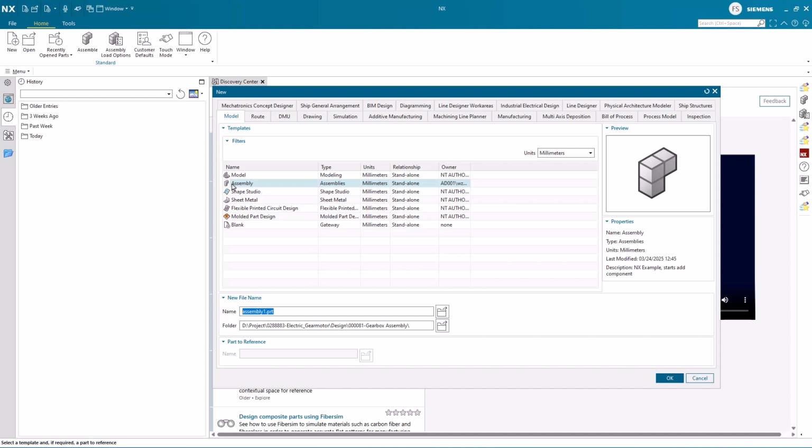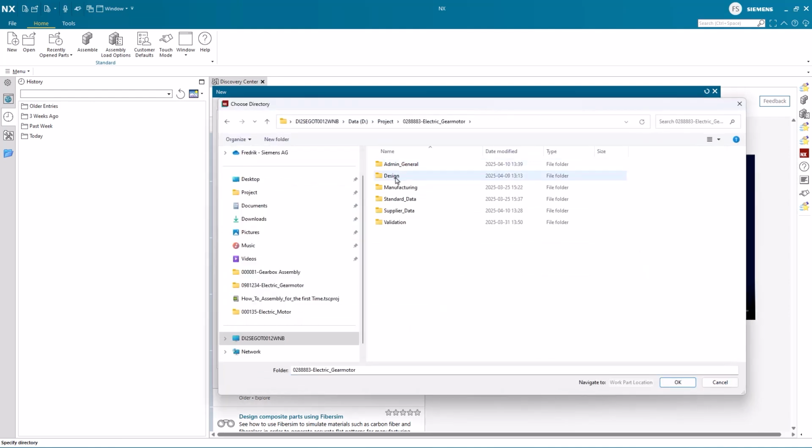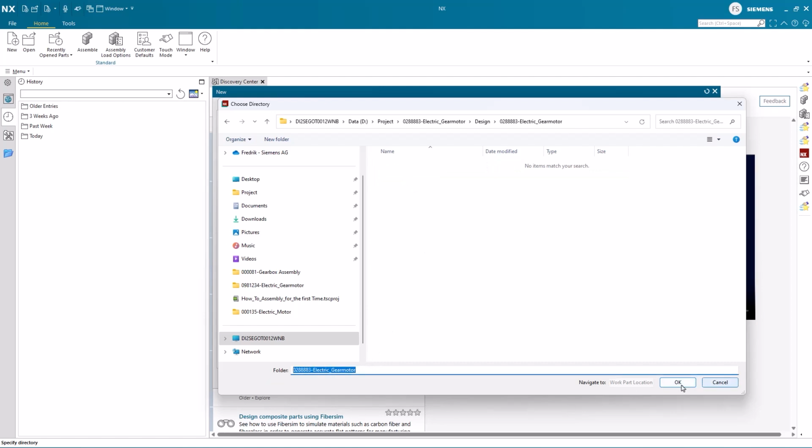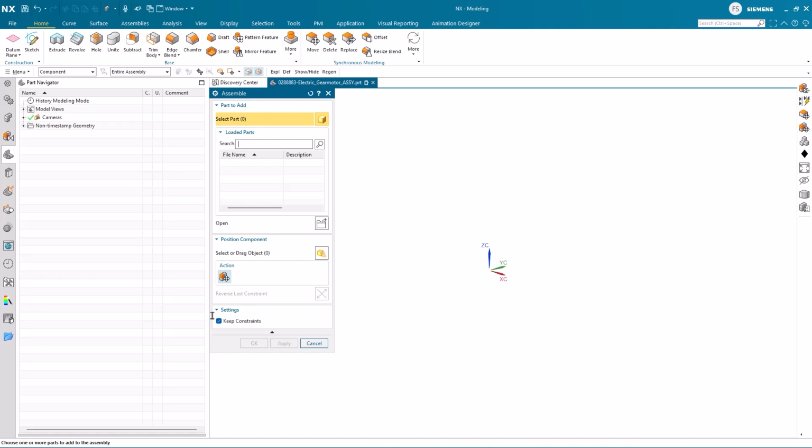We navigate to the specific folder where we want the part saved, and to keep our work organized, as the project folder here has the same name as the intended assembly, we simply copy the name and add the suffix ASM to identify it as an assembly. We note that the assembly tool is invoked automatically doing this operation.